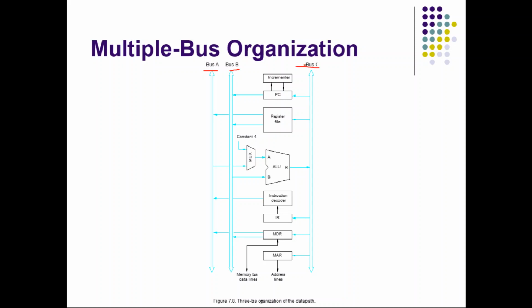Another important thing is that an incrementer is attached to the PC. Using this, PC can be automatically incremented by 4 every time. You need not select 4 and add it to the content of PC, transferring PC to the system bus and then adding. All these are not required. You can directly increment PC, so for that this incrementer logic is added. The content of PC can be transferred to bus B, and whatever is on bus C can be transferred to PC.